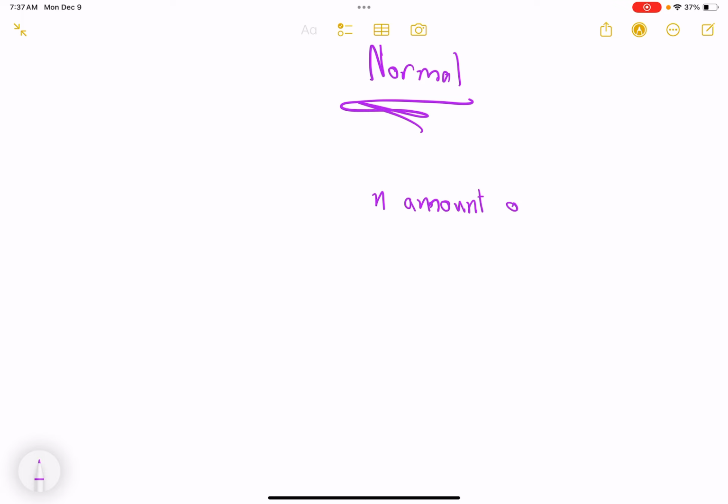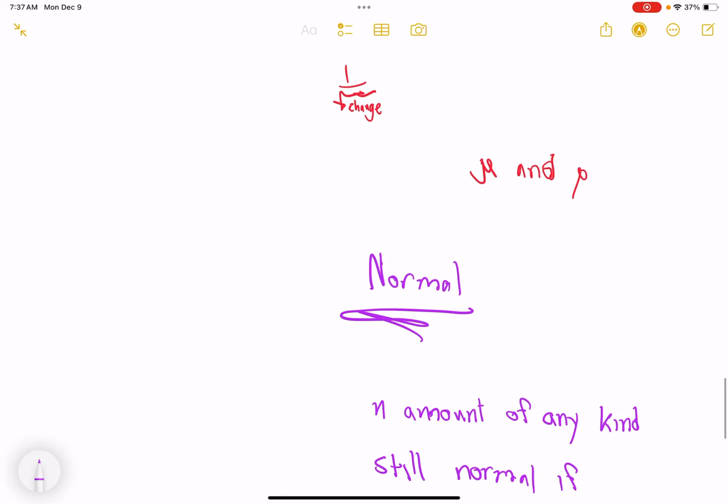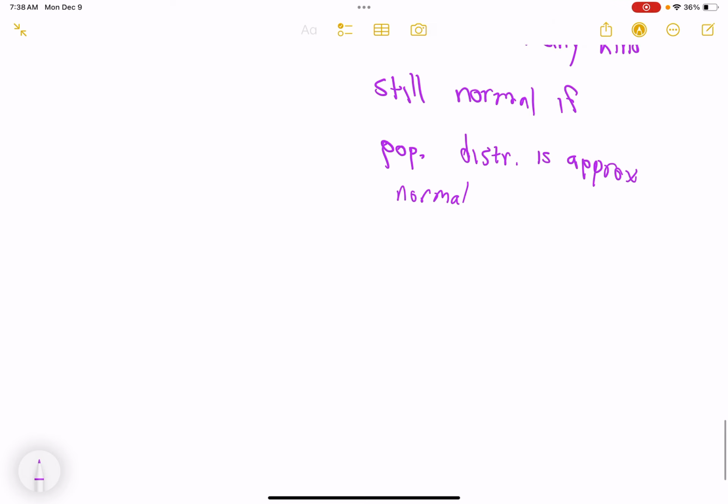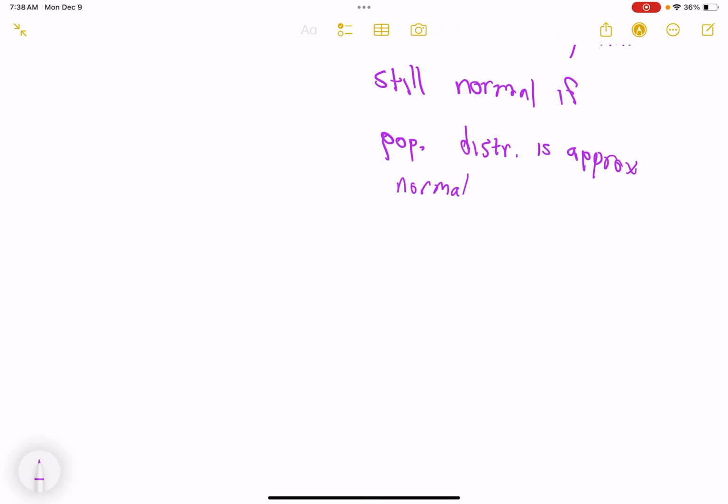N amount of any kind. Still normal if and only if we are told the population distribution is approximately normal. So if I tell you that the distribution of the true population of elks is approximately normal, I've done a